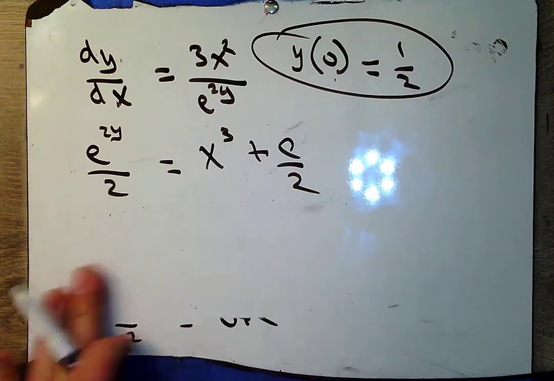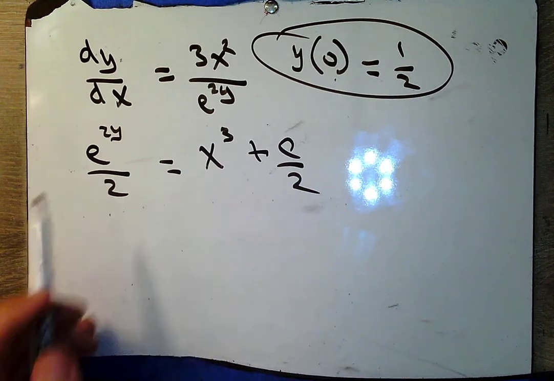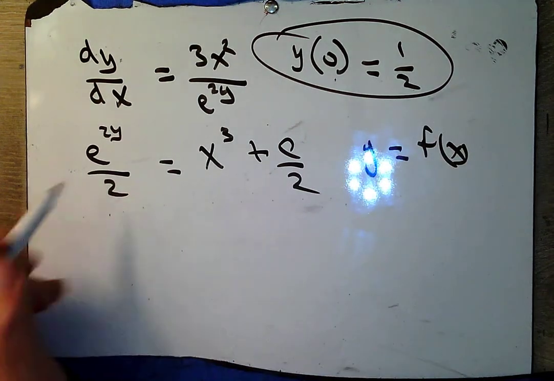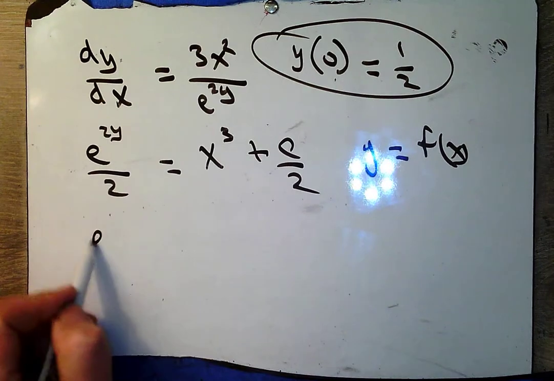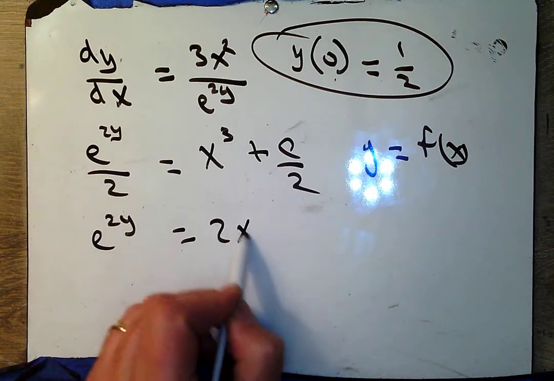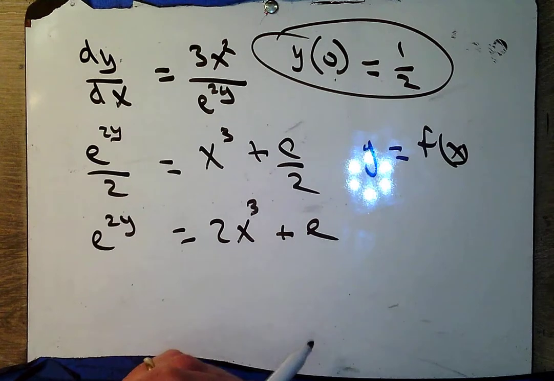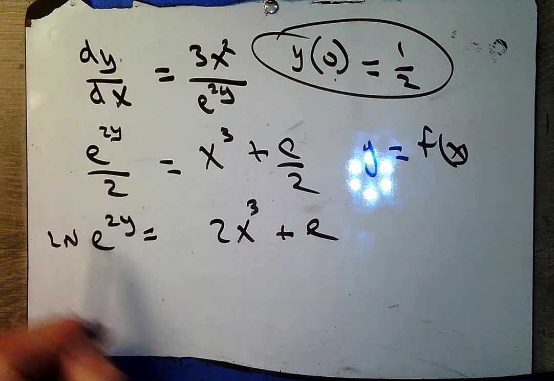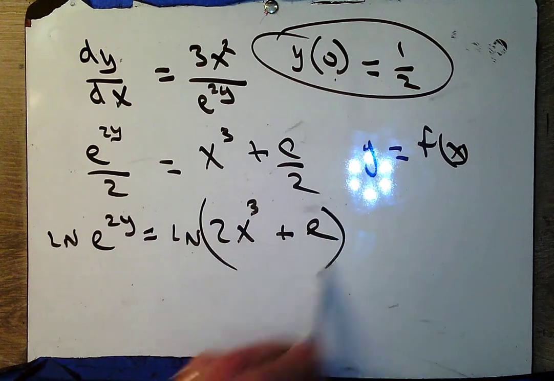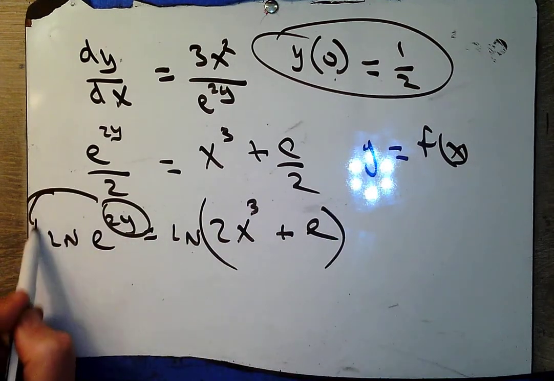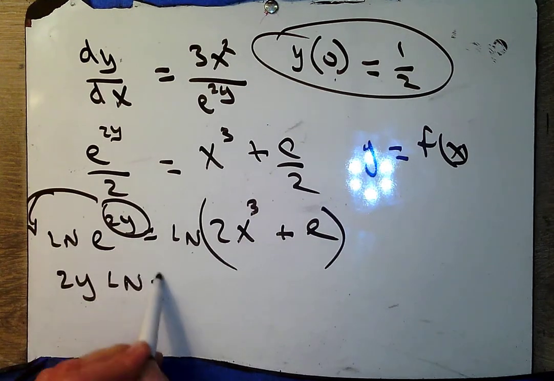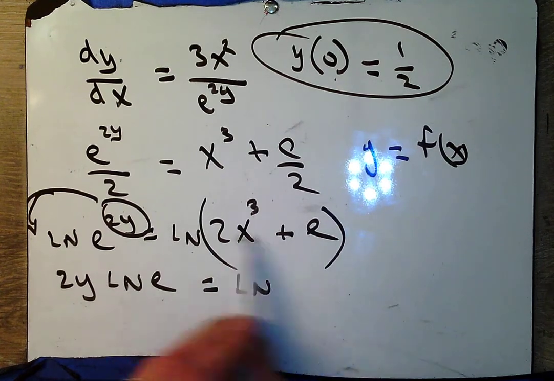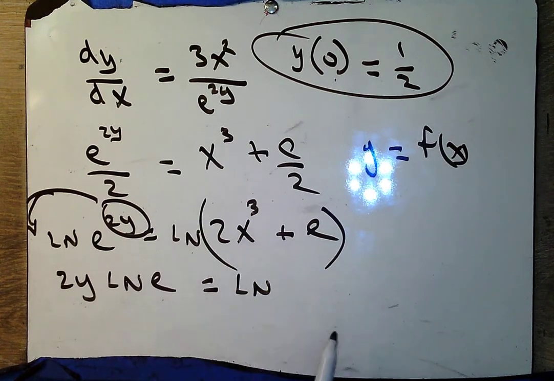Nice. But we're not solved for y equals yet. And remember, that's what they wanted. They wanted us to find y equals. Okay, so let's multiply everywhere by 2. e to the 2y equals 2x to the third plus e. And now what? No, I don't take the square root. I take the ln of both sides. And this is going to come down. So 2y ln of e equals ln of